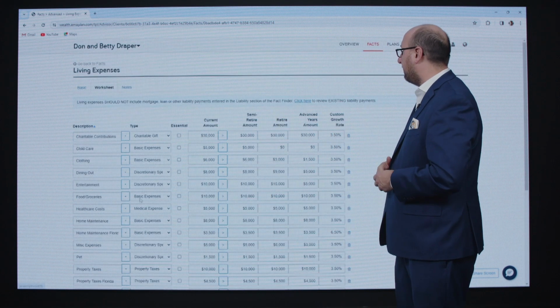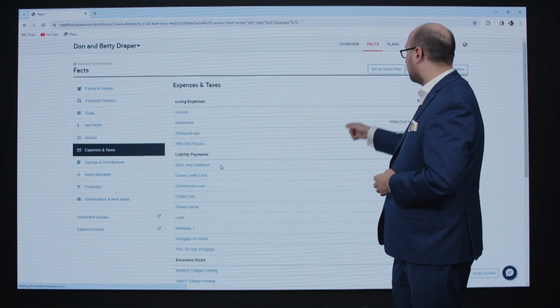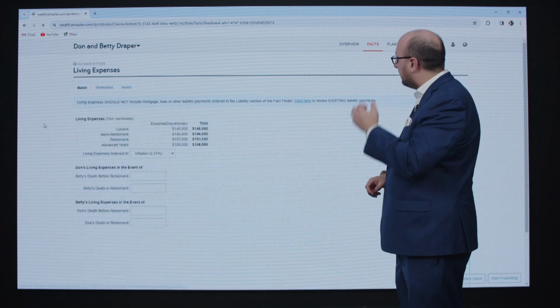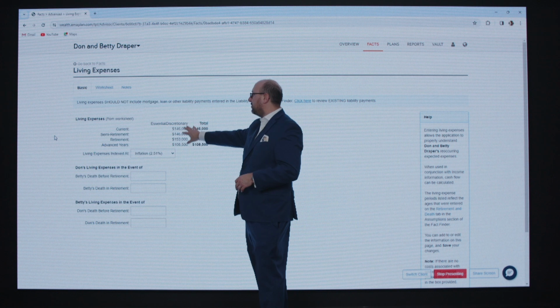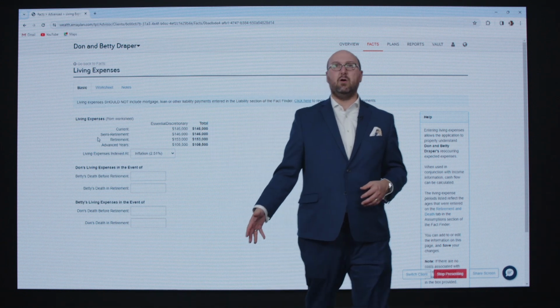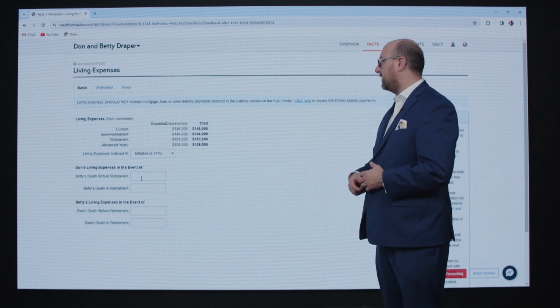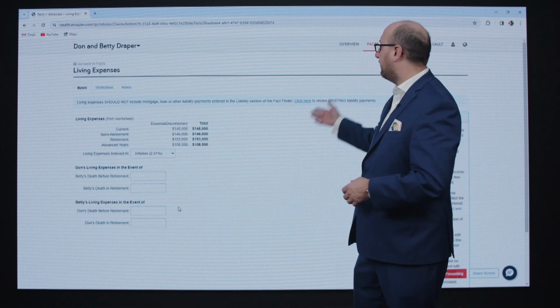Let's go back up here if you don't mind. And we're going to go back to Basic. Just go under Expenses. Go back to Basic. If you have this where you just input it here and you didn't use the worksheet, you could quick edit here. Also, a lot of times when you're going in and doing techniques, you're going to just edit these inside of techniques. You don't have to get into too much detail. Last part that's important is deciding how much the expenses are if one of them passes away. So again, you can go ahead and put that in there based upon what you're trying to achieve inside of there. So if we go back,